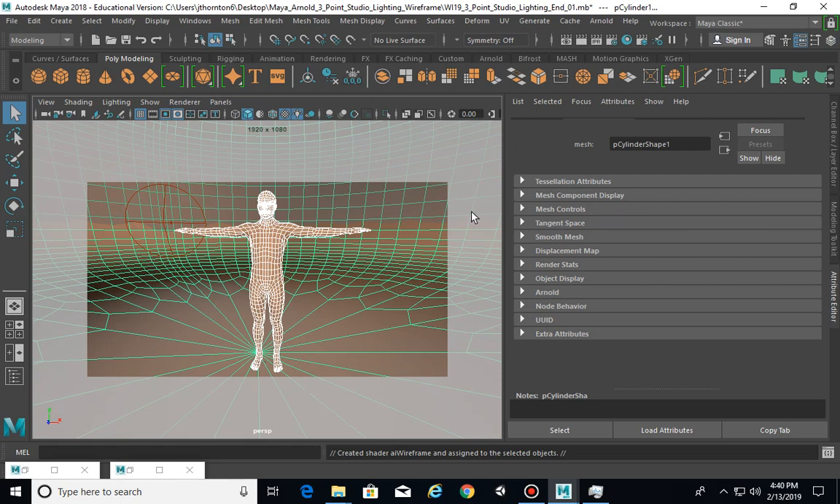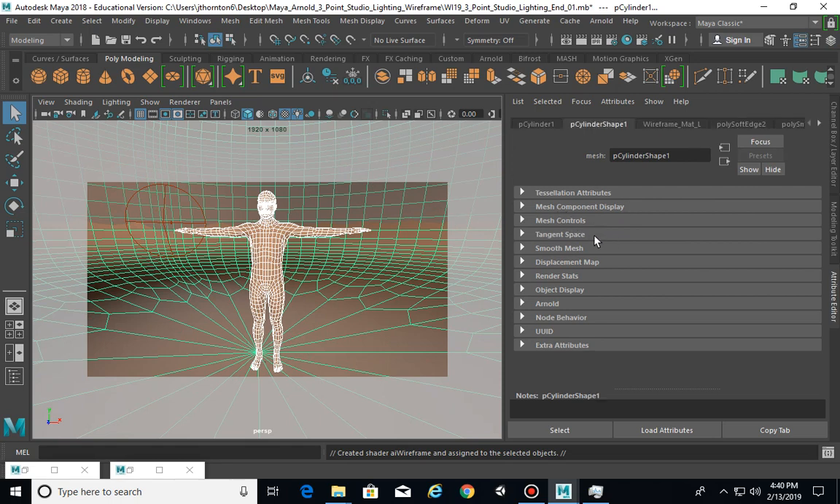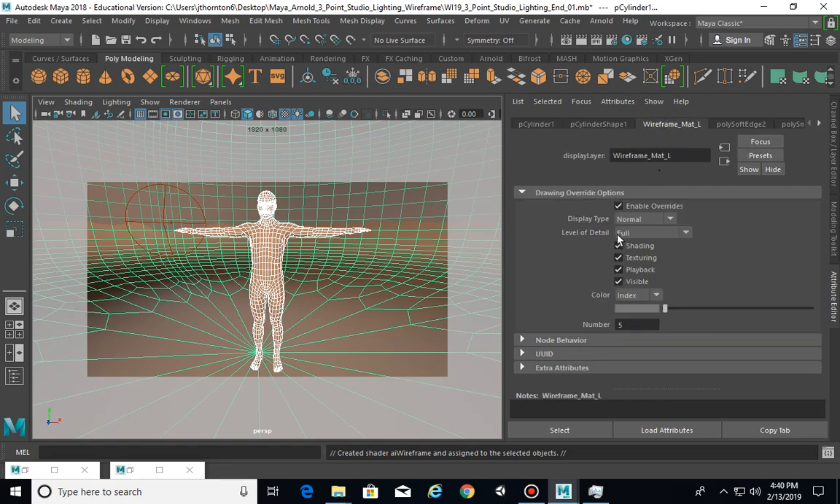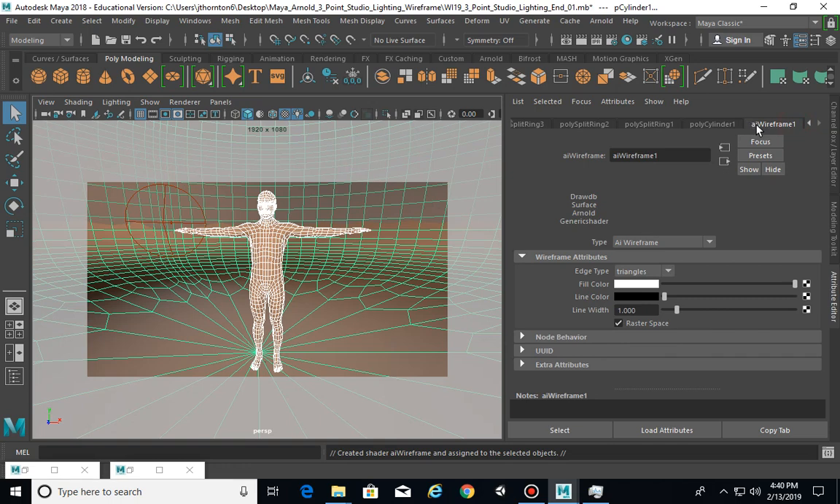It's updating. I think my computer is running out of RAM because I was doing lots of RAM intensive stuff today. So I'm going to go into the wireframe material, and I need to make sure, oh, wrong one. I need to go to the wireframe material, which is the AI wireframe 1 here, and I want to change the edge type to